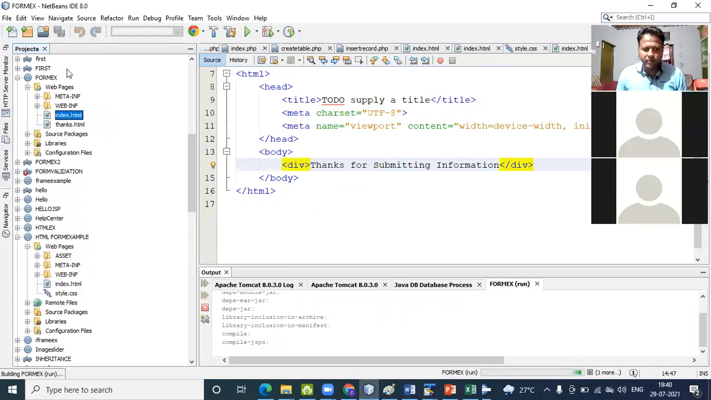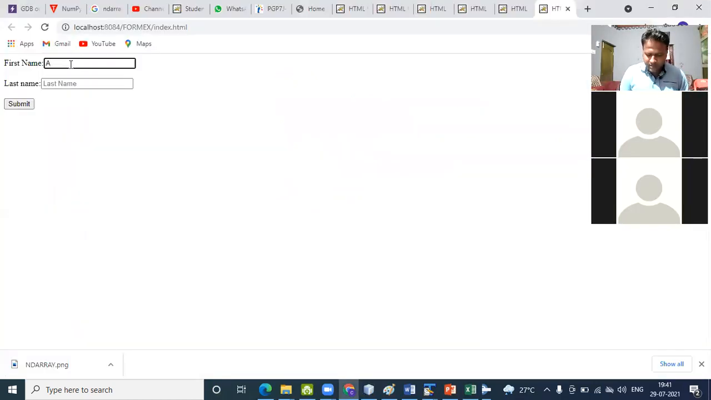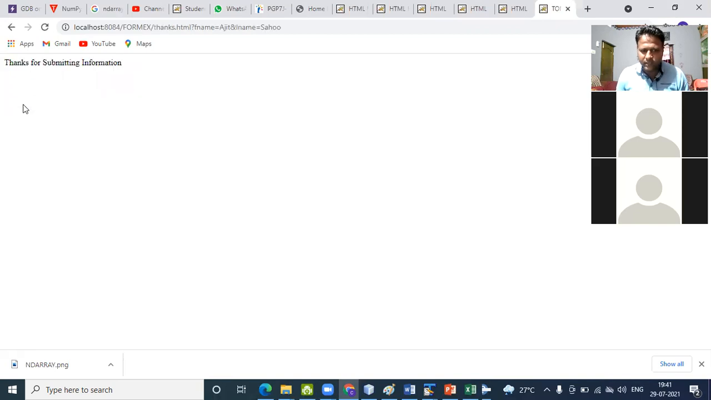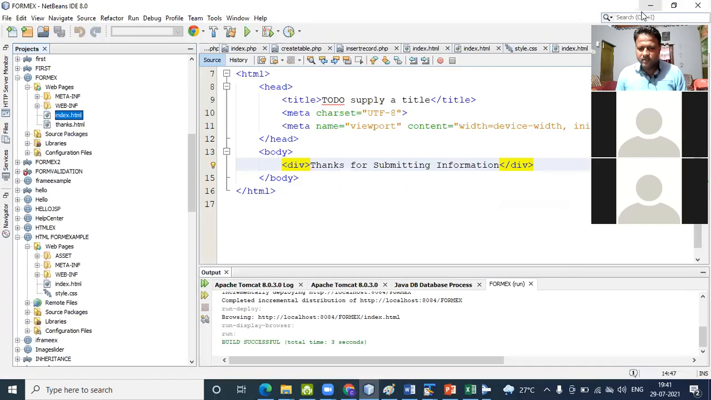I pass some information, like first name is Ajit. Then I pass the submit information. See, it is showing you "thanks for submitting the information." If your information is submitted, it is shown on the next page. Okay, so it is moving to the next page, and in the form again we're using a